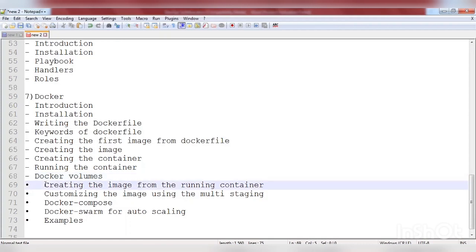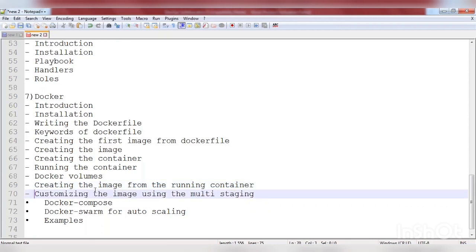And creating the image from the running container. That means, let's say you have one container here, and you have developed one application and you want to give that container to one of your colleagues in order to test it. Okay, so how do you do that? We need to save that one, and that environment has to be shipped from one machine to another machine. Okay, how do we do that? Such kinds of activities we will do in Docker. All these things we will do in real time. Whatever we do in real time, the same things I will explain in my sessions, guys. Okay,